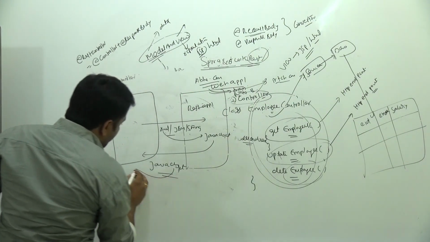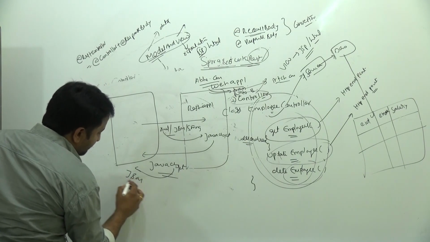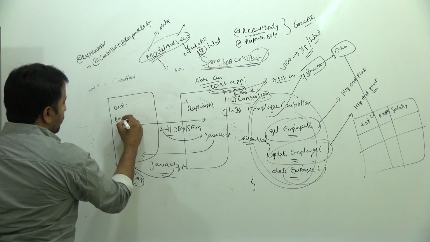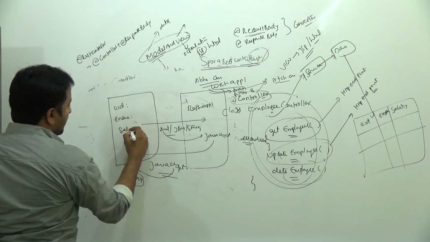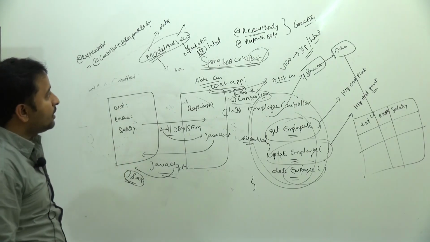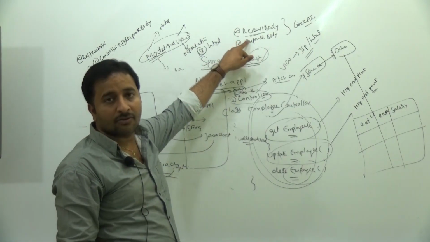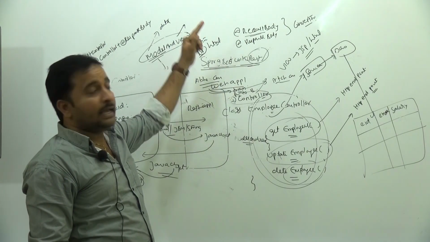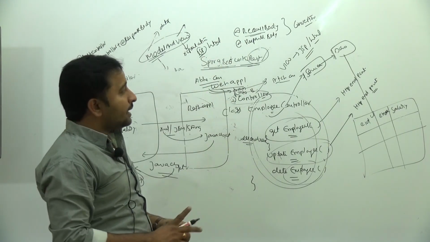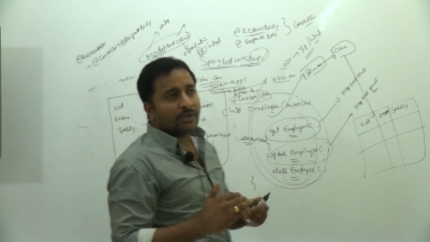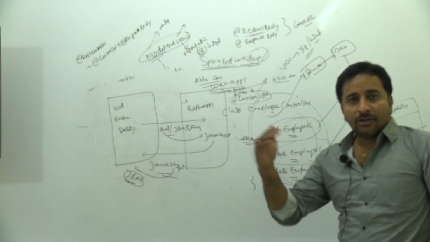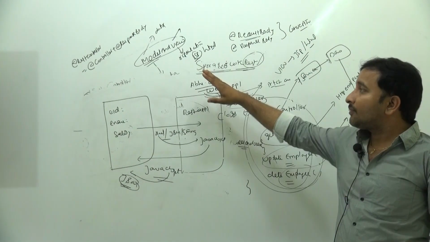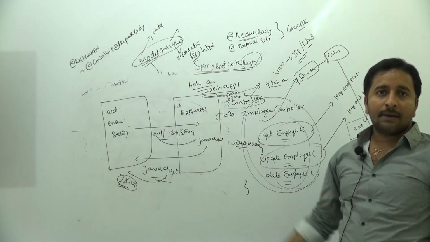It can be a different format, like JSON with key and value pairs: employee ID colon, employee name colon, salary colon, like this. How is it possible? By using these two annotations, the RequestBody annotation and the ResponseBody annotation. Internally they use some converters. Of course, we need not learn what converters it uses internally, but finally it uses converters for marshalling and unmarshalling.